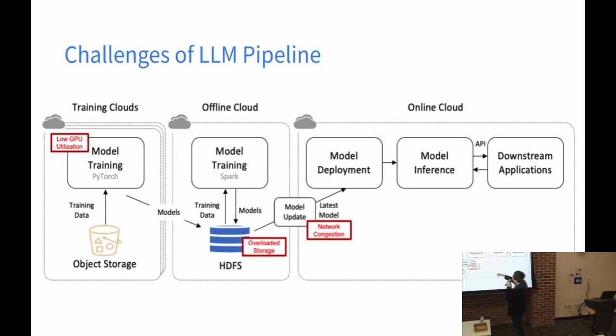And then for your online training, as I already mentioned, you may have thousands of inference machines. They may load the same model from remote. Because it's not in the same data center, you may see network congestion, because the bandwidth between different data centers is very limited for most companies.